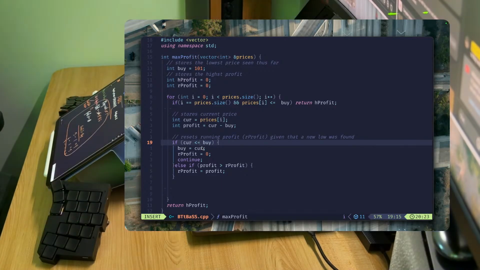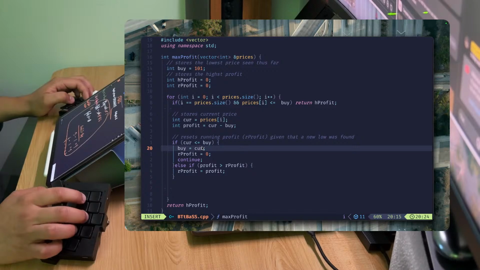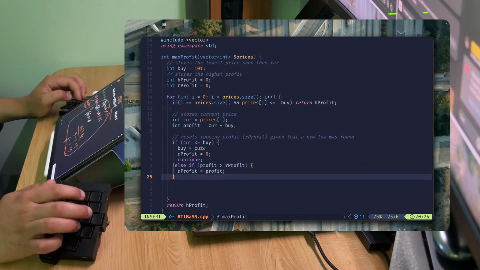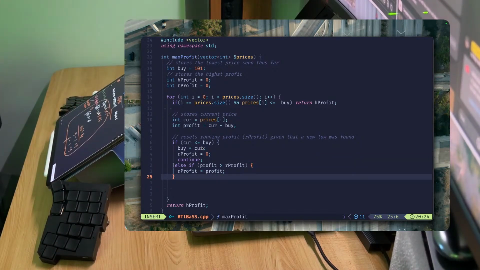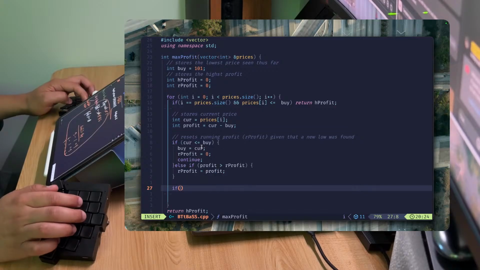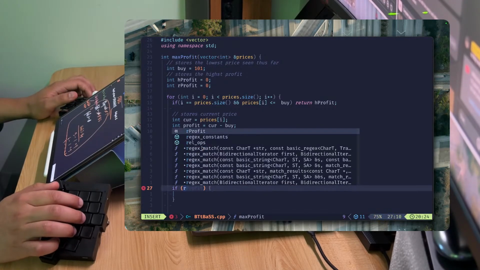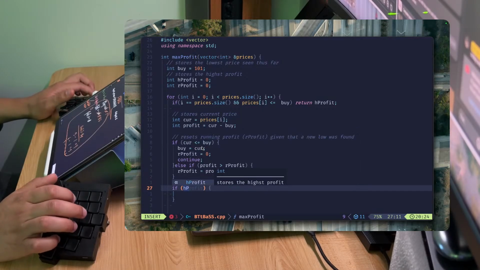Is it less than or equal to? We do another condition. Running, so if high profit